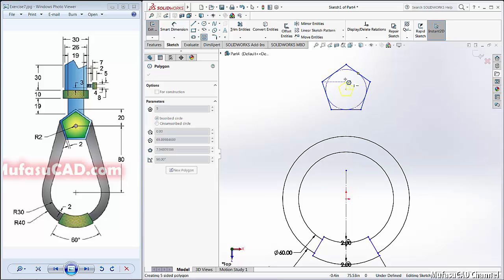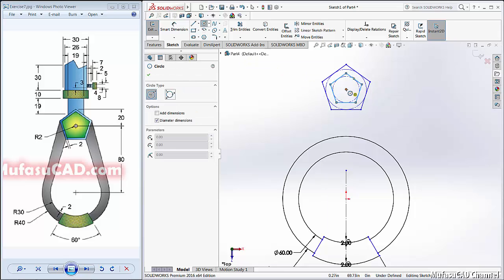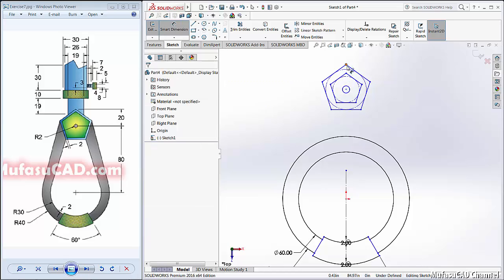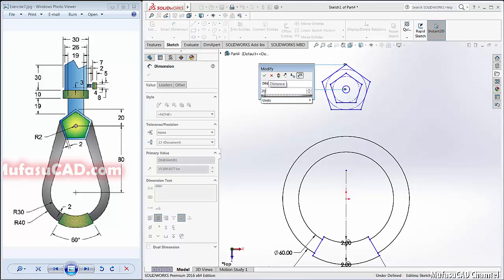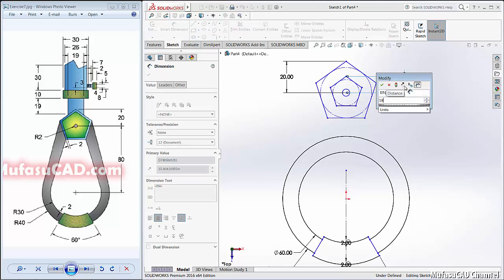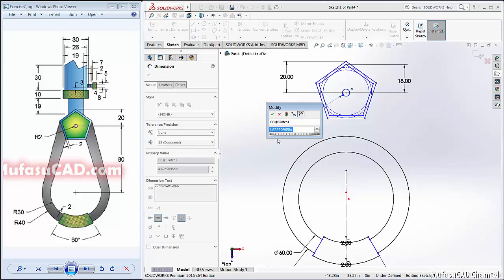We create a polygon again here and the circle inside here. Okay, give the dimension in the outside polygon about 20 and the inside here about 18, and diameter of the circle about 4.